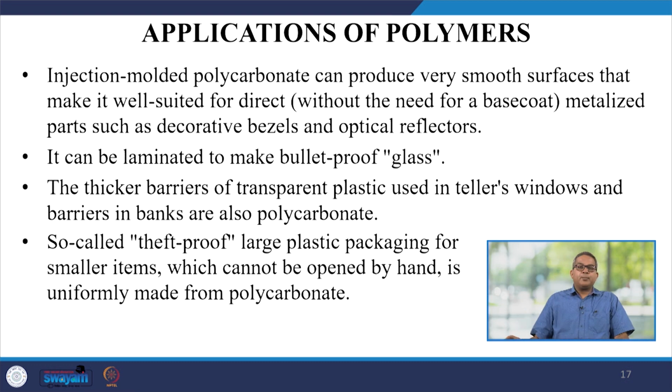Injection molded polycarbonate can produce a very smooth surface that makes it well suited for direct metallized parts such as decorative bezels, optical reflectors, etc. It can be laminated to make bulletproof glass. The thicker barrier of transparent plastic used in teller windows and barriers in banks is also made of polycarbonate. So-called theft-proof large plastic packaging for smaller items which cannot be opened by hand is uniformly made